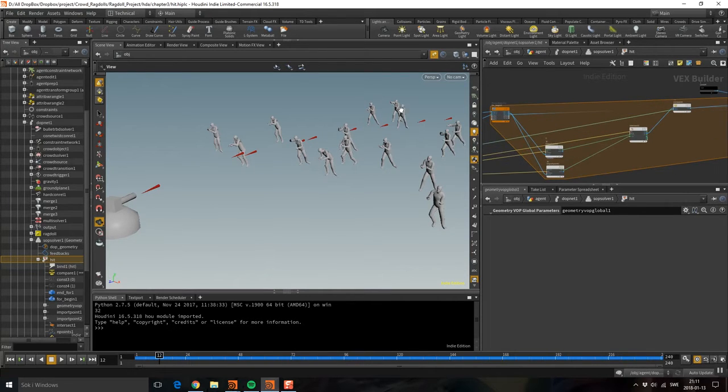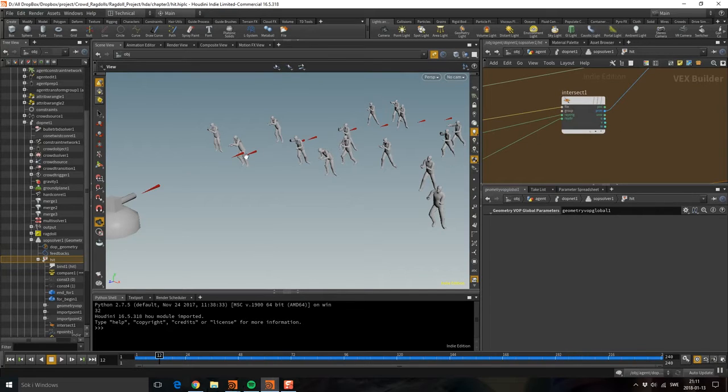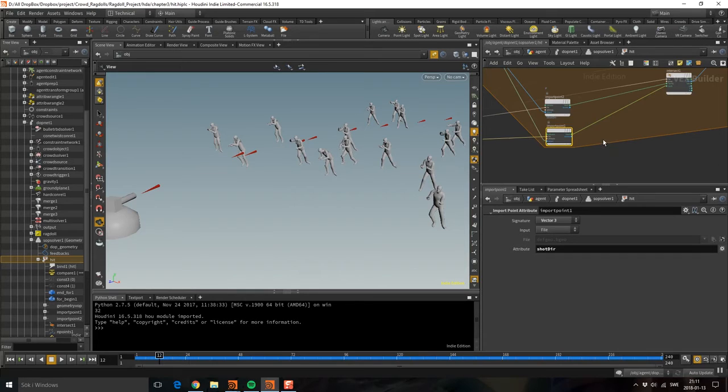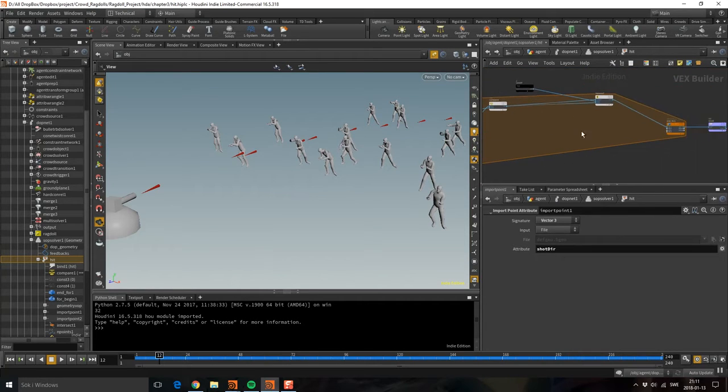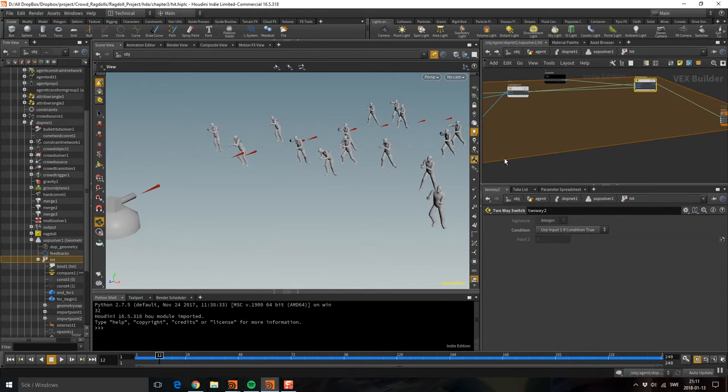The first thing we need to save out is the position where the agent gets hit, and we can get that from the intersect node here. The second thing we need is the direction of the bullet, so we can apply the force to the agent in the same direction. And for this, we can get the shot dir we use for the intersect ray direction and inverse that. I could do what I did with this two-way switch, and do that 2 more times, but